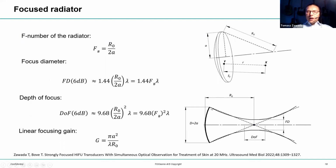And in this little cartoon, you can see those basic parameters of the focusing transducer or radiator. It will have this aperture, A, a diameter of 2A, and a radius of curvature R. And then there will be this focal point. We need to imagine that there is some kind of ellipsoidal volume that is defined by the 6 dB drop of the pressure, and it will have some kind of depth of focus,